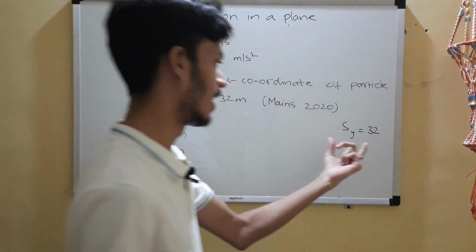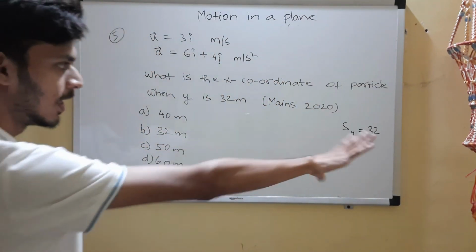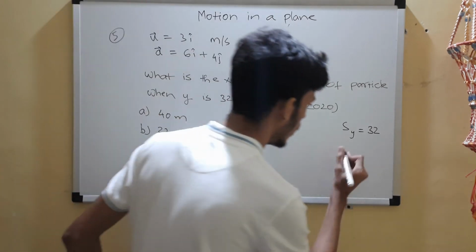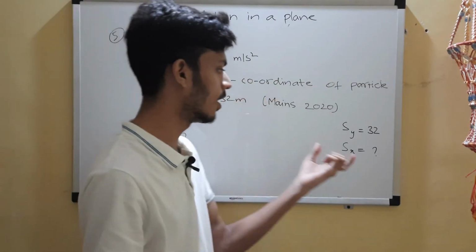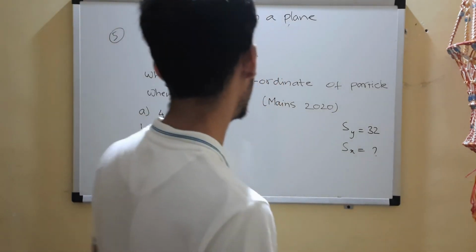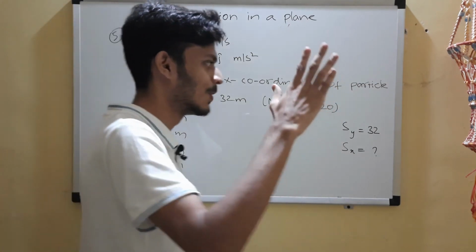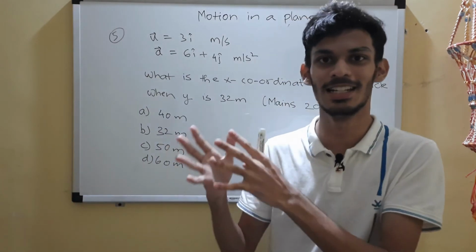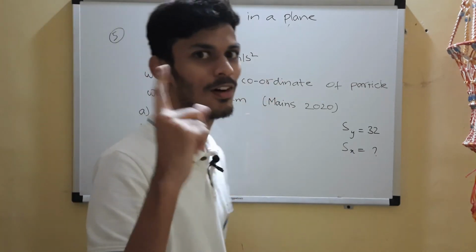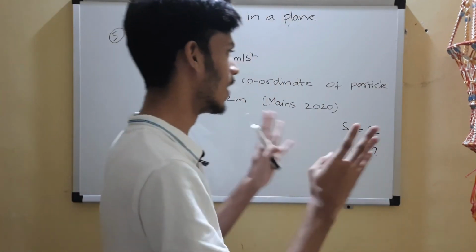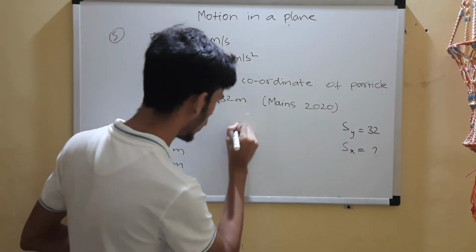Now I'm not placing vectors because I know it's in y. I already know the direction. And they have asked you for Sx, right? The x coordinate or the displacement in x will mean the same because they are measured from the origin. Now we are going to use the first logic, the first thing that we mentioned in today's class, for this problem. What was that? Break 2D into two 1Ds, two independent 1Ds. Here it is given in component form. So how can we break that?